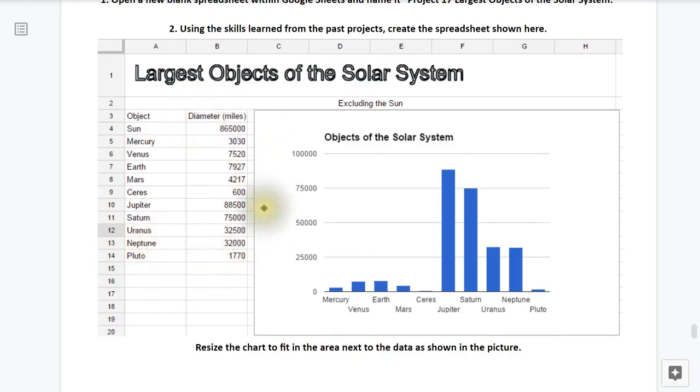Our moon, which is not shown here, is 2,159.7 miles across. Alright, what you'll need to do is key in this information and then resize the chart to fit the area as shown in this illustration. Go ahead and hit that pause button there and then key in that data.